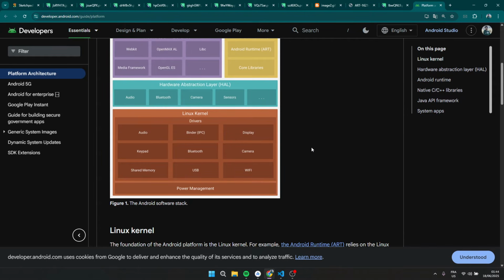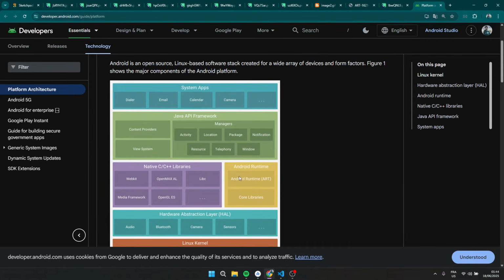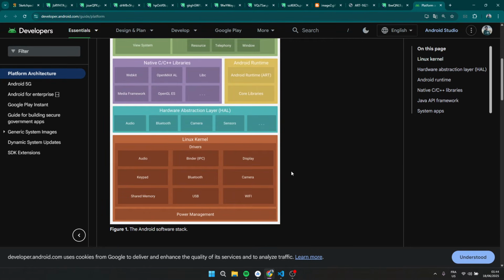If you can find something better than Linux, then yeah, welcome, bring it. We can just install it and get rid of Linux. But for now, Linux is the best thing that we can use to interact with any kind of hardware. So if you are making an operating system on top of Linux, then you just have to implement those layers in your operating system and let Linux deal with the hardware and just interact with it.